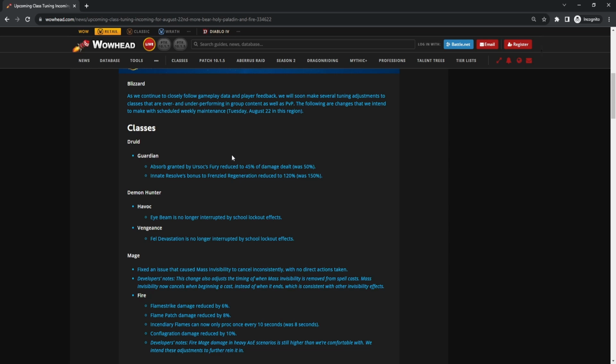Obviously, inside of Incarn, you're still going to be unkillable, whether you have Ursox Fury or not. I think people really need to understand that. You have infinite Frenzied Regeneration, so inside of Incarn, regardless of whether you have Ursox Fury, it's not going to matter at all. That's just the niche of Guardian Druid in a sense. So if you want to tackle that problem instead, that's a whole separate topic. But if you want to tackle the issue of Ursox Fury,